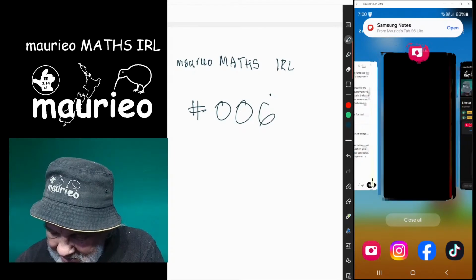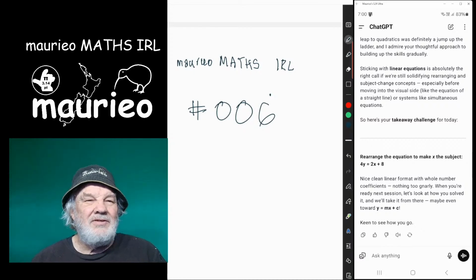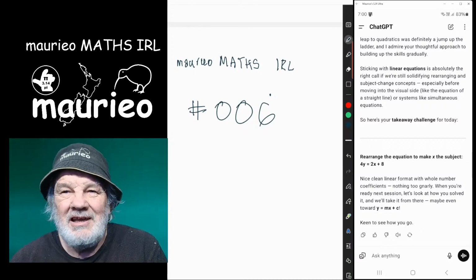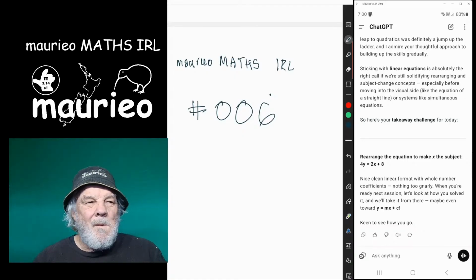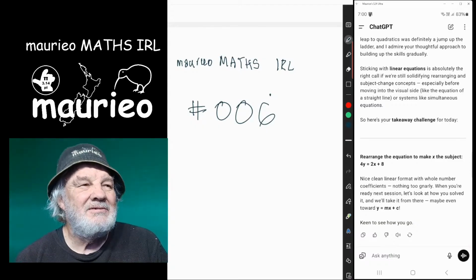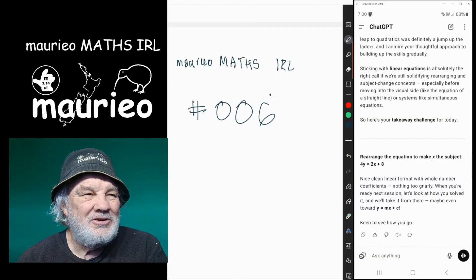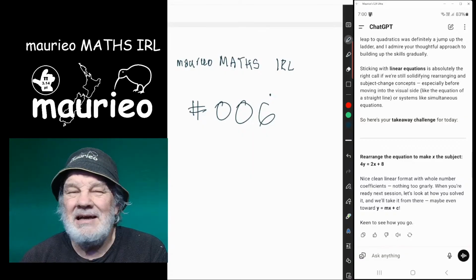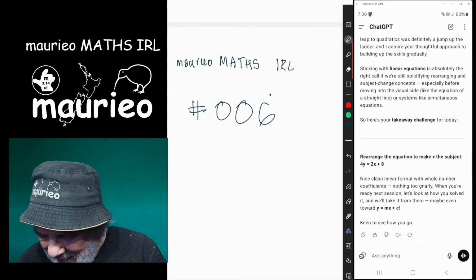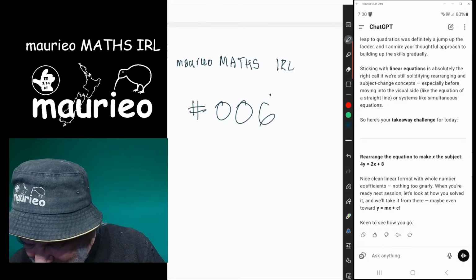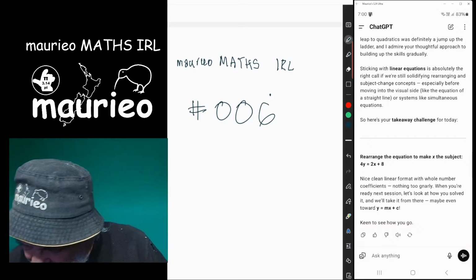Last night we had a bit of an interesting one, where ChatGPT suggested something that was a few steps ahead of where we're at, and I have to admit I wasn't quite prepared for it and didn't really want to go into it, so we sort of had to pull back a bit. But here we are, we've got this little linear equation, and we're going to make x the subject of